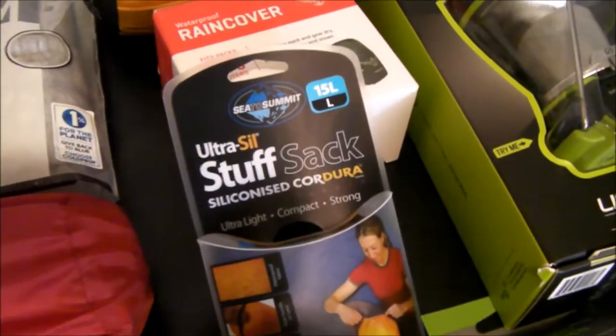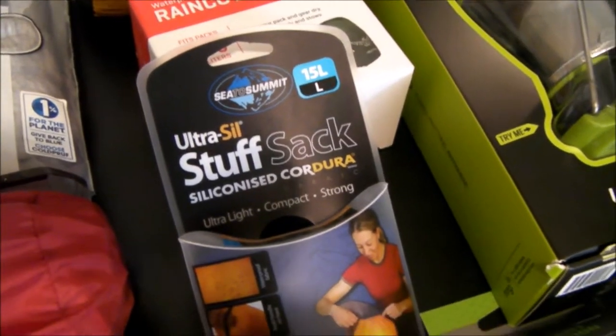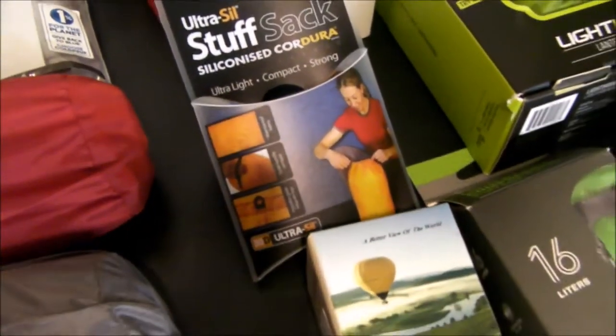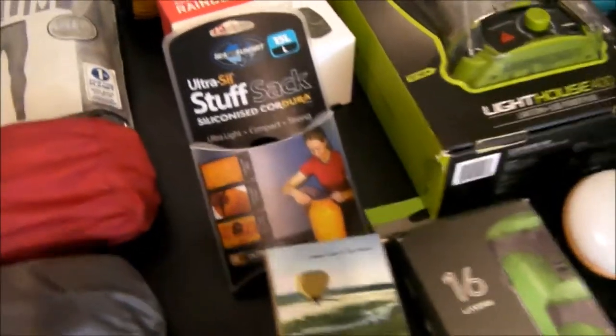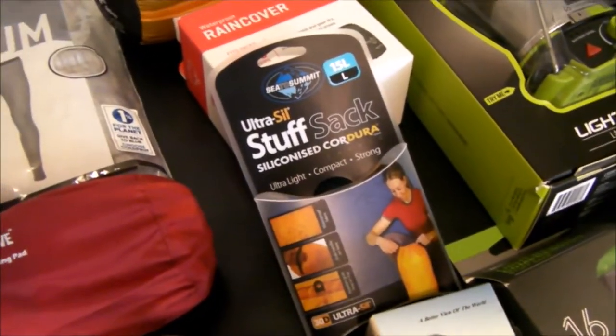Then I have the Sea to Summit Ultra Seal Stuff Sack. It's not a compression sack, it's just a stuff sack. That's what I put my tent or my sleeping bag in, which